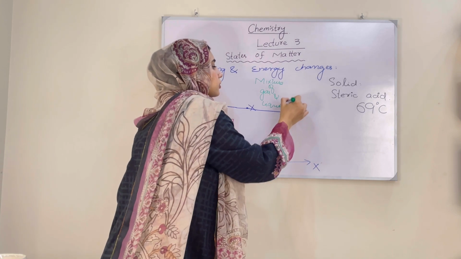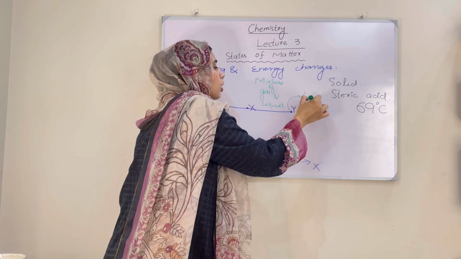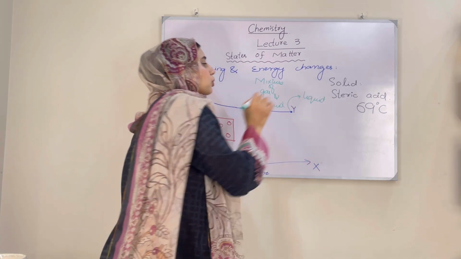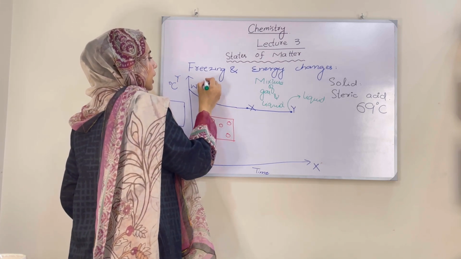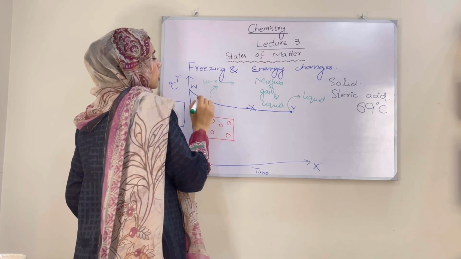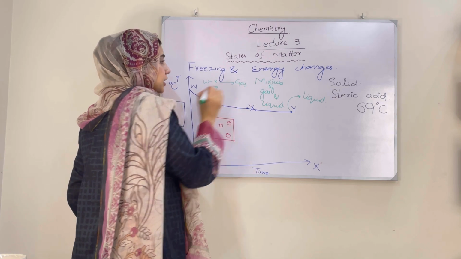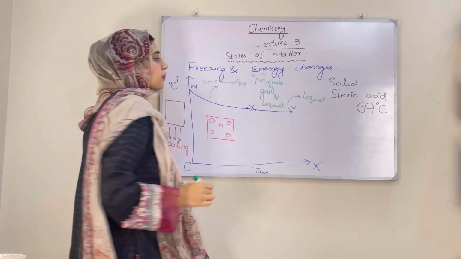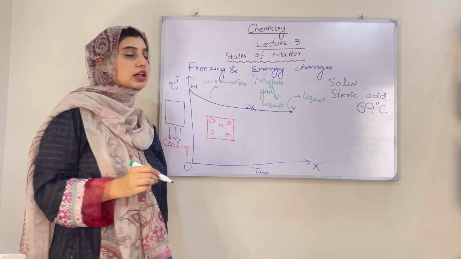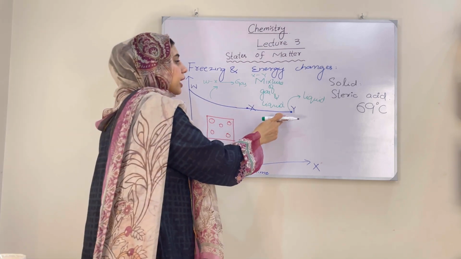Point Y is the point where all of the gas is converted into liquid. From W to X, we have only gas. From X to Y, we have a mixture of gas and liquid, and at point Y we have